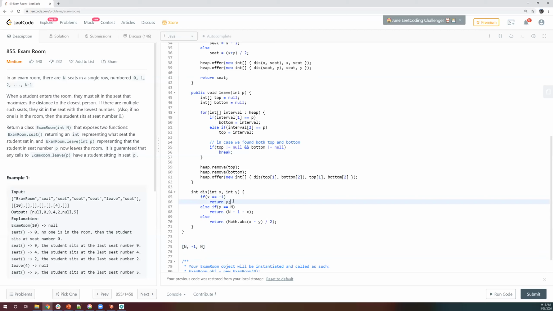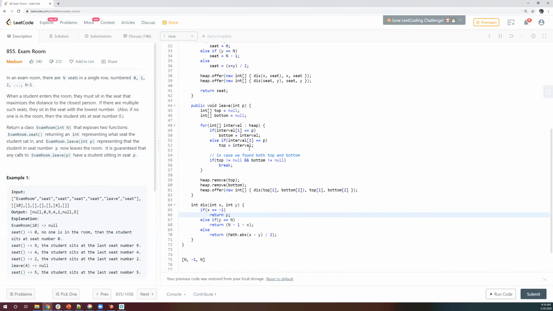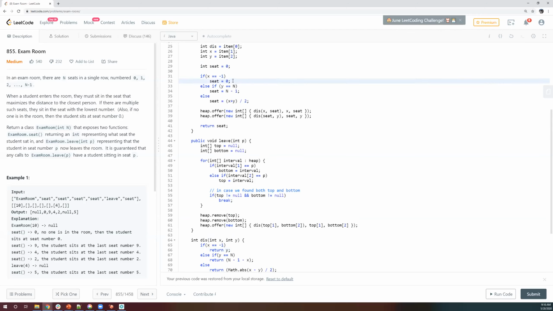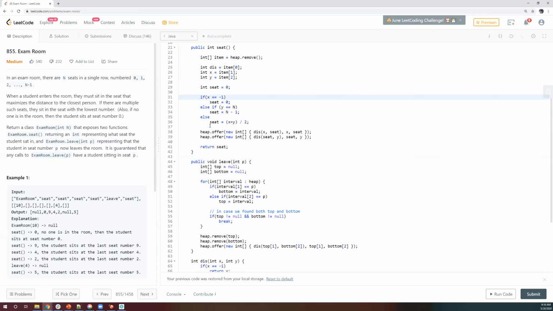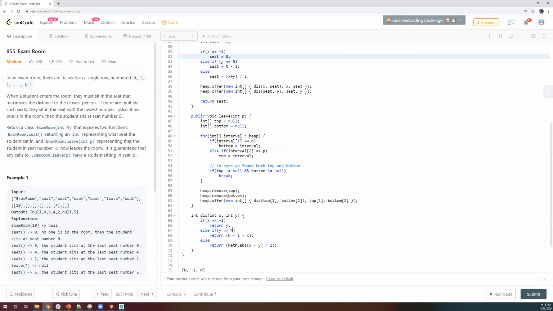Zero. So shouldn't you be placing it at the 0th index? I think the first will be 0. Yeah, that is right. You are doing it here. Oh, that is a distance calculation. Some defaults, yes. So when it is -1, return 0. Automatically use seat 0. When y is equal to n, just use n-1. That is the best distance. Then in the distance function, if I'm sending -1, the y should be just 0.